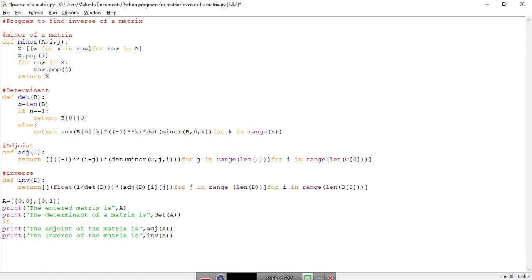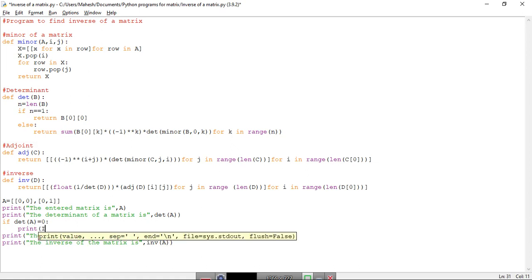Okay, so let us put a first if statement. Say if determinant of A is equal to 0, print inverse does not exist. Okay, and this is a comment.